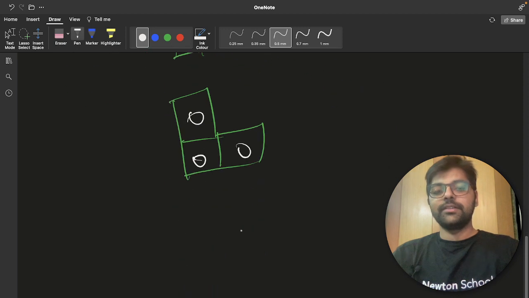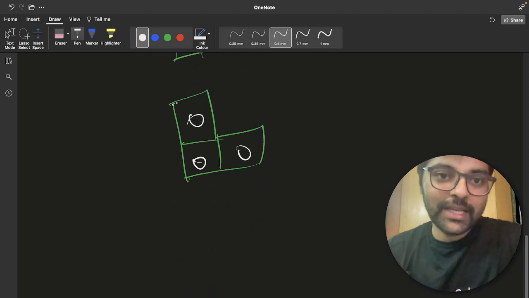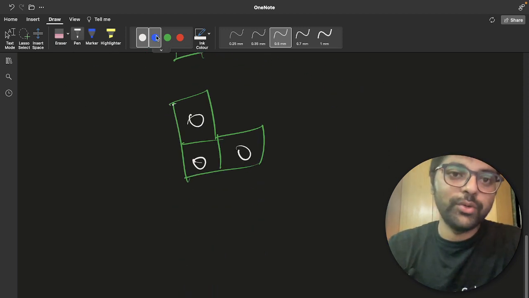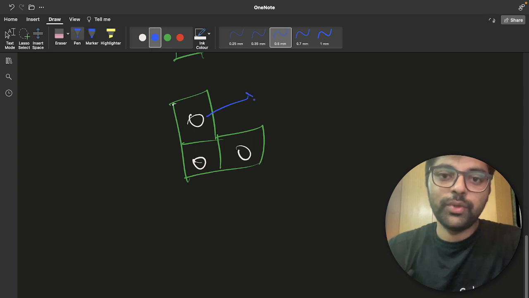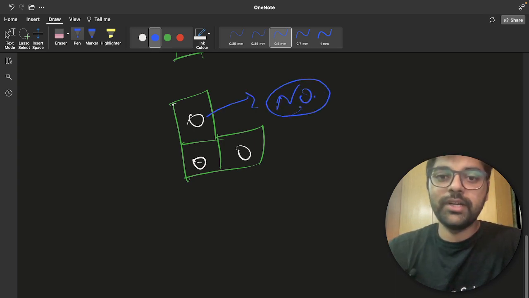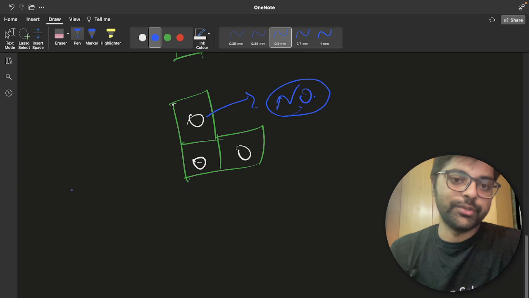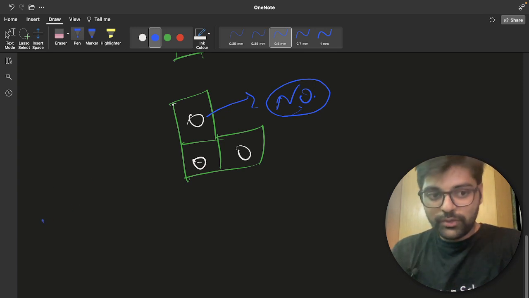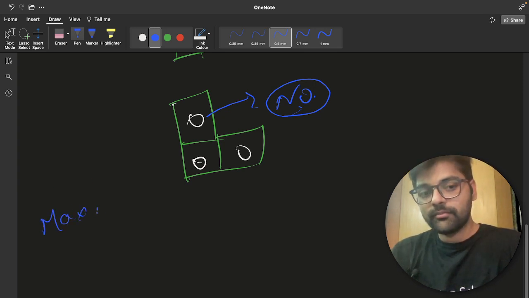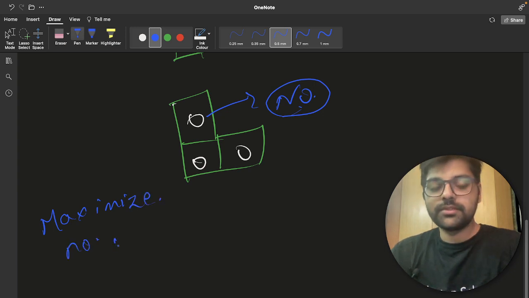So let's say there is an L having all 0. Then can you make a move? No. You have to convert at least one 1 into 0, right? So to maximize the number of moves,